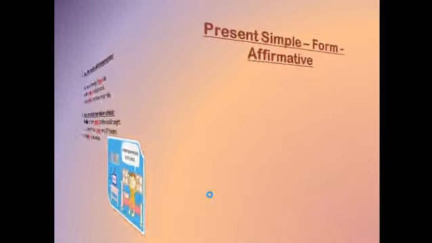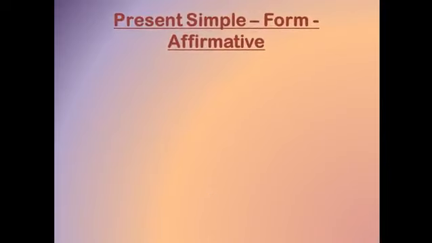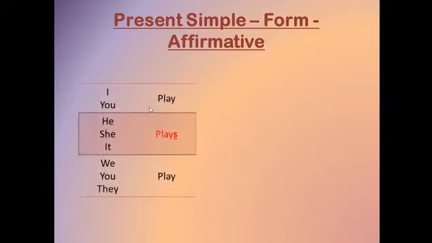Okay, now we saw when do we use the present simple, but how do I form the present simple itself? So if I want to form the present simple in the affirmative, affirmative means not negative, with I, you, we, you plural, and they, the verb stays as it is. I do not add anything to it in the present simple. For example, I play, you play, we play, you play, they play. Okay, so with I, you, we, you plural, and they, the verb stays as it is.